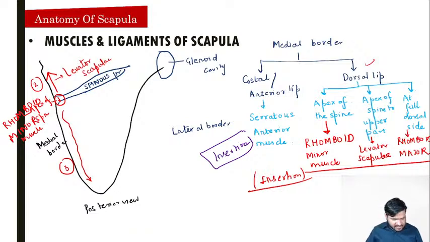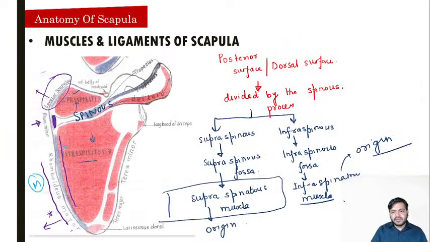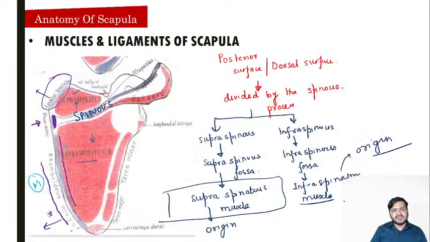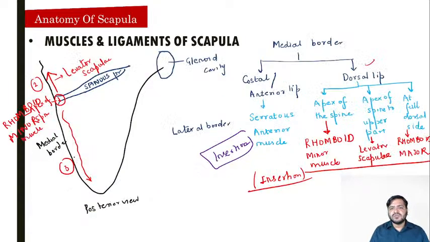don't worry, after the attachments I'll give you a trick to remember, don't absolutely worry, okay. I hope the medial border is clear to everyone कि medial border के सर दो एस्पेक्ट, एक आगे की तरफ जो हमें दिखाई दे रहा है यहाँ पे you can see that is the serratus anterior muscle, और एक पीछे की तरफ that is the तीन मसल्स है, levator scapula, rhomboid minor, rhomboid major, yes very good guys, very good, you all are participating, that's perfectly okay with me today।